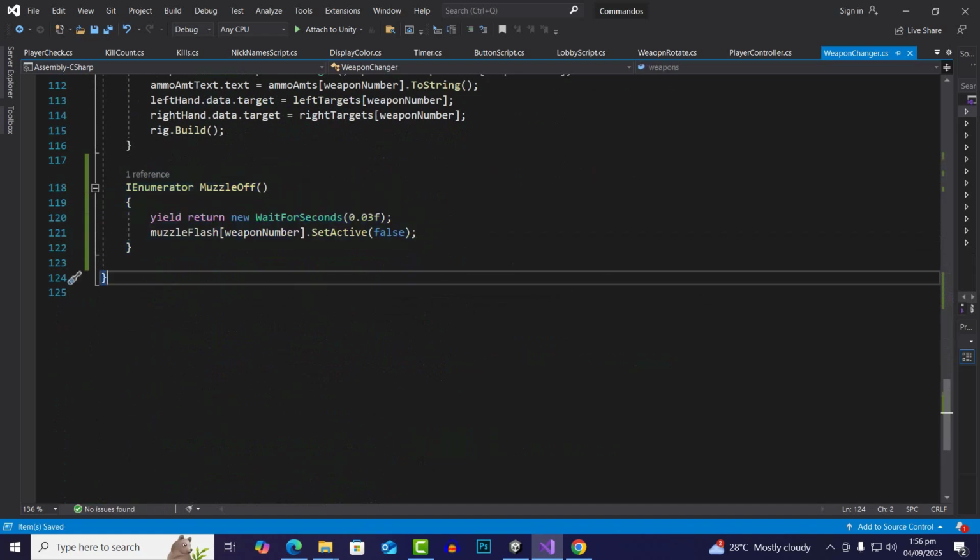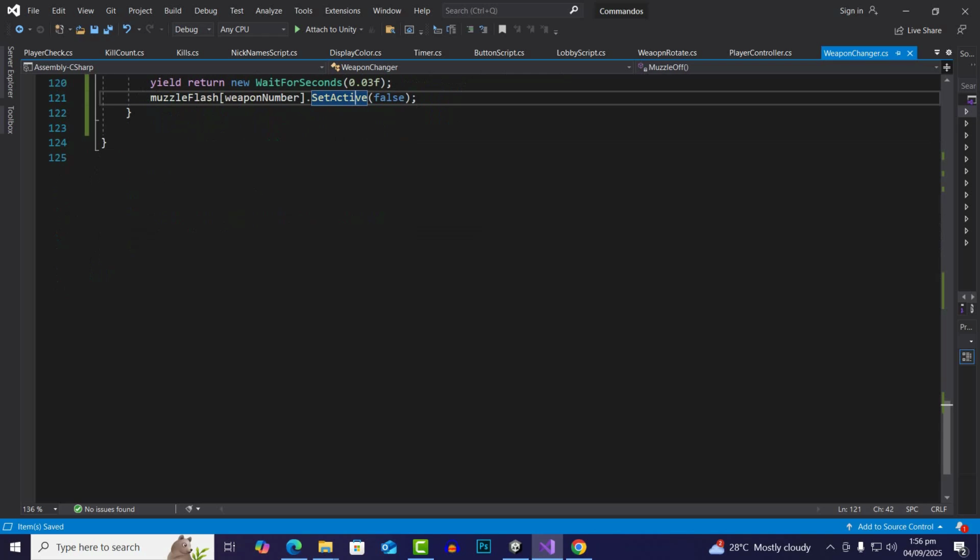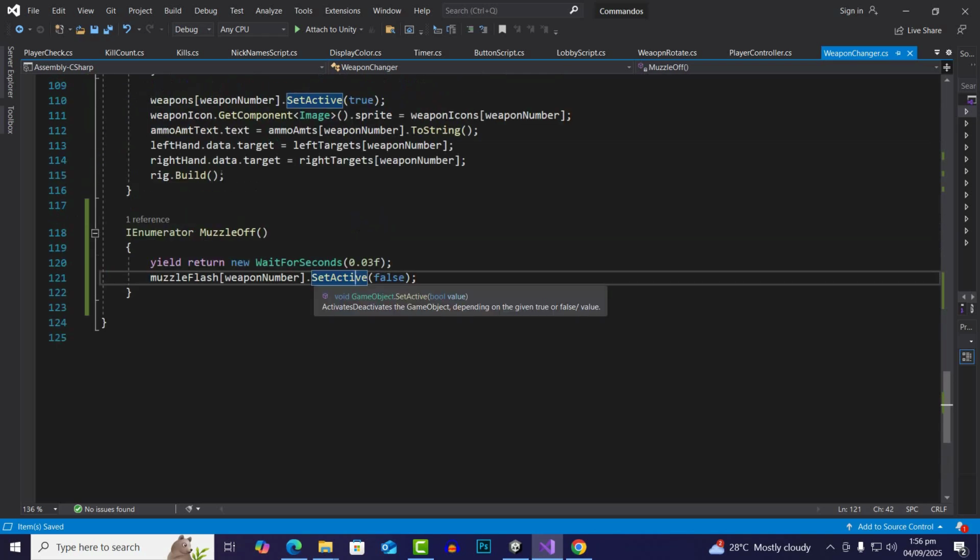So now this is the coroutine. We are giving it 0.03 seconds, and then after that the muzzle flash will be disabled. Okay,